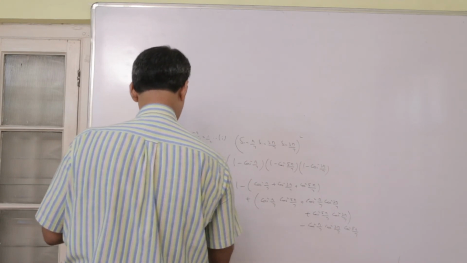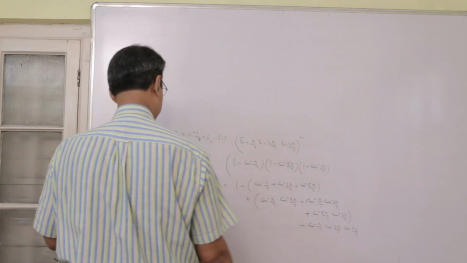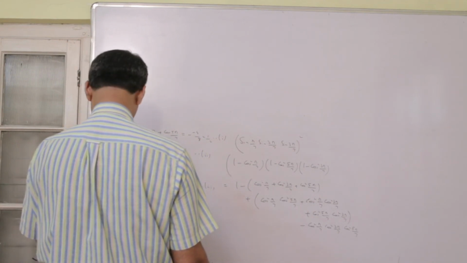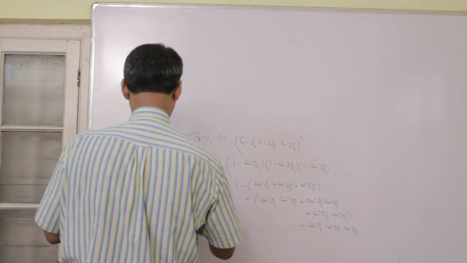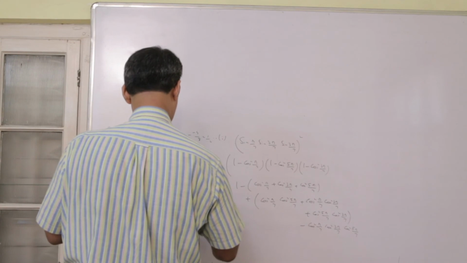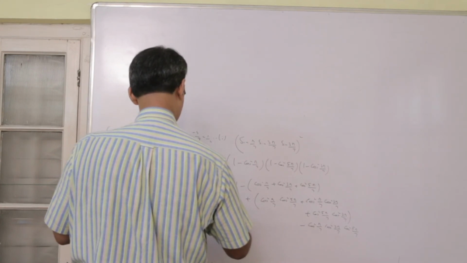So using algebraic identities, cos square pi by 7 plus cos square 3 pi by 7 plus cos square 5 pi by 7 can be written as half whole square minus 2